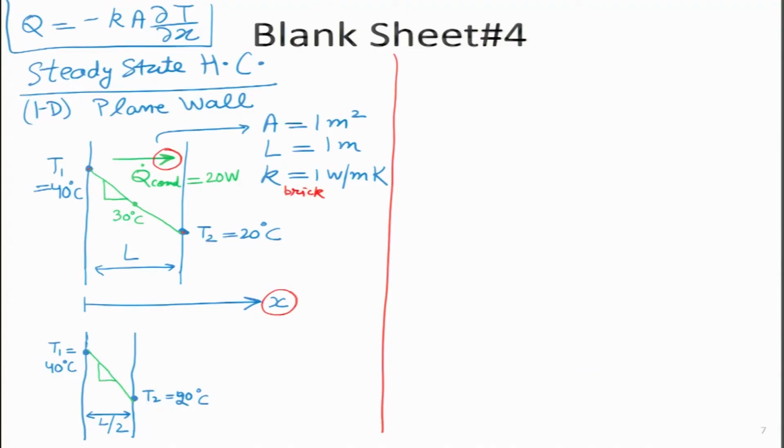Now, slope has a very good significance in the first equation, the top equation over here. What is that significance? This slope is represented by del T by del x. If the slope has almost doubled, what does that tell us about the rate of heat transfer through this wall? If I calculate the value of Q dot conduction over here, I can use the same equation on the top. Everything remains the same, it is just that the denominator L has been divided by 2, which means it should actually increase 2 times. So, in this case the heat transfer becomes 40 watts.